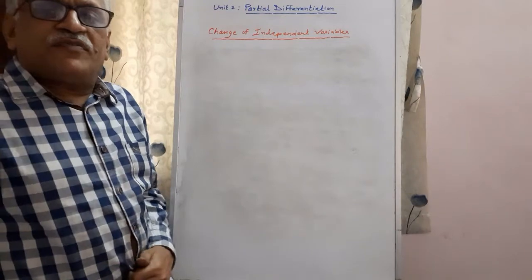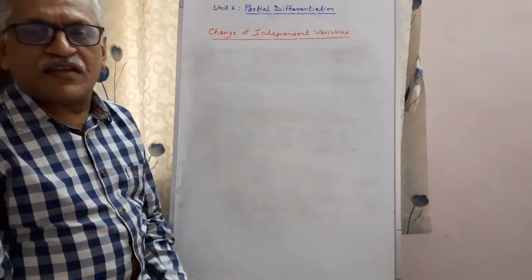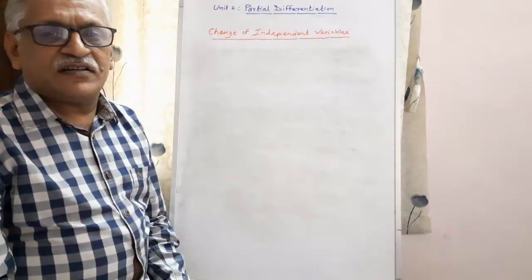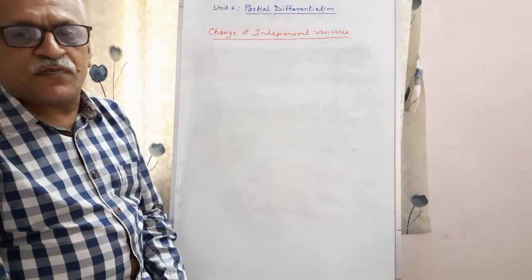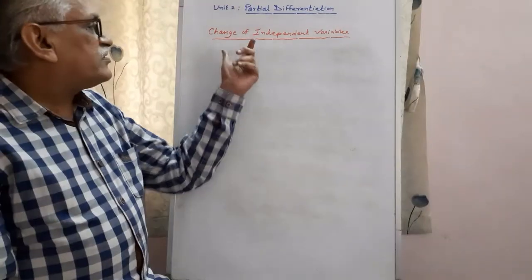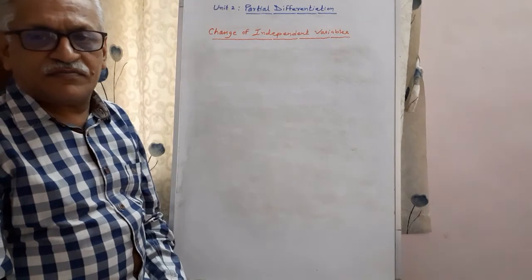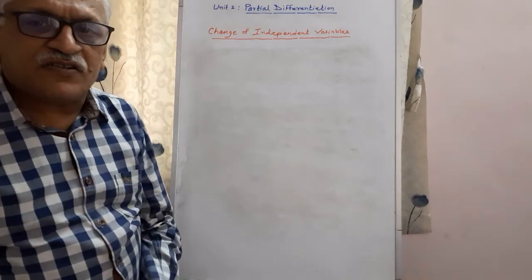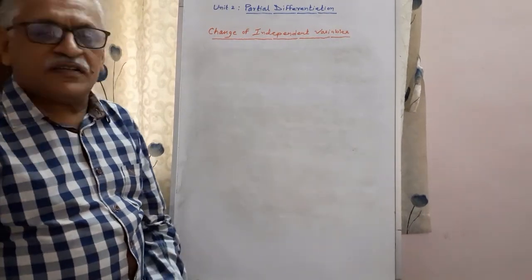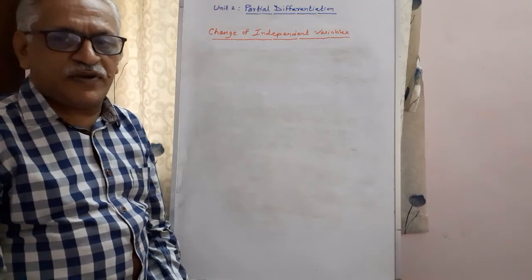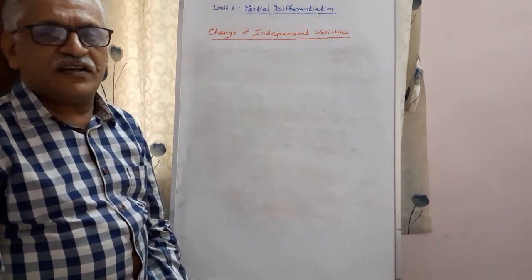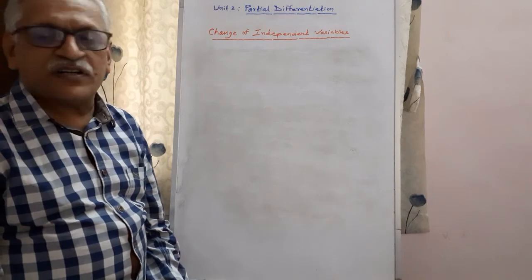Therefore, with the help of these 3 simple examples, I have explained the concept of how we can obtain this change of independent variable. In the second part of this video, I will explain how we can find the change of independent variable when containing second order derivatives.